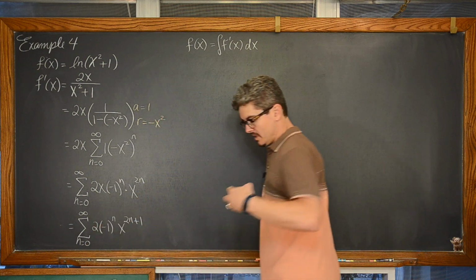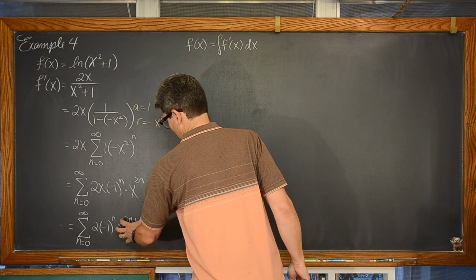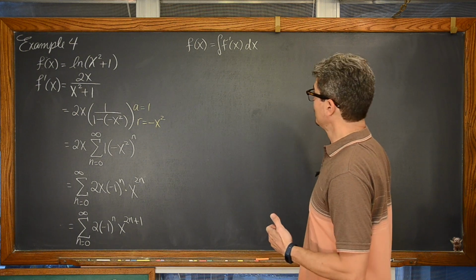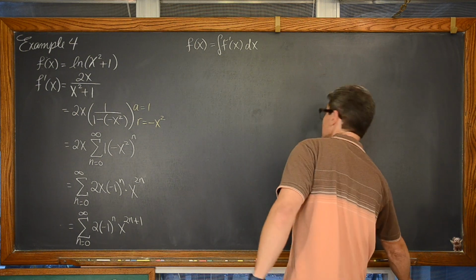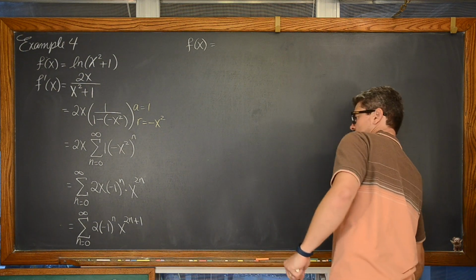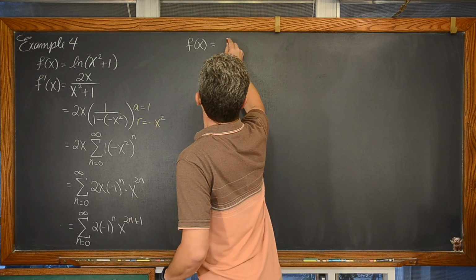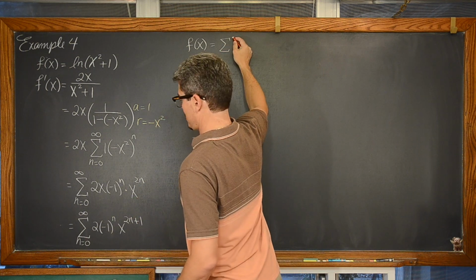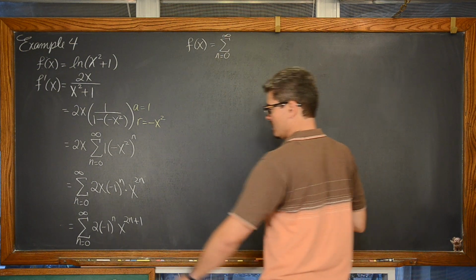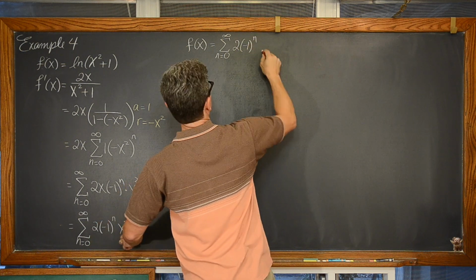This is just going to create our constants of our terms, and we're really just using the power rule to integrate that thing with the variable base on it. So we have f of x is equal to the integral of this. I'm just going to write sigma, going to infinity and starting at 0, of 2 times negative 1 to the n power, times x to the 2n.